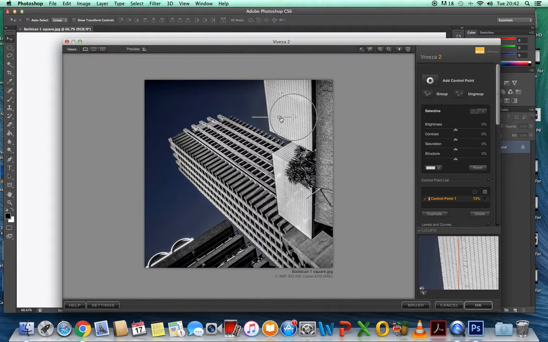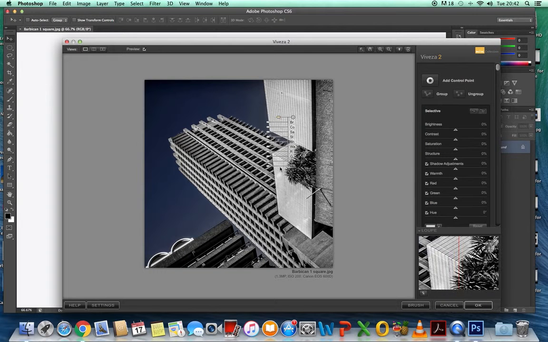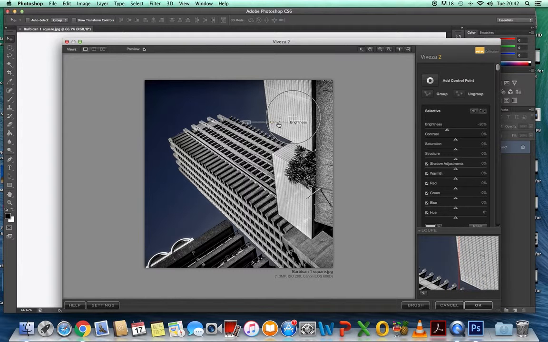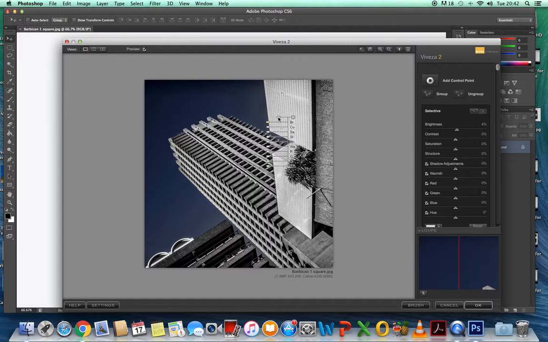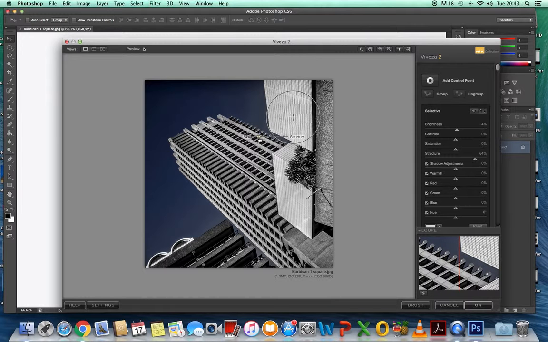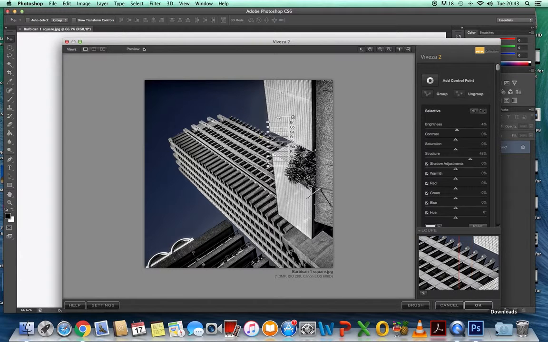and then you can make it bigger or smaller. That's brightness, that's contrast, that's saturation, and that's your structure. There are others down here as well, but we tend not to use them. These are the main four. This time the brightness will only affect that area. It won't make any difference to the rest of the image, just within that circle. The structure is always good because you can make things a lot sharper or a lot softer. And when you're happy with your image, when you OK it,